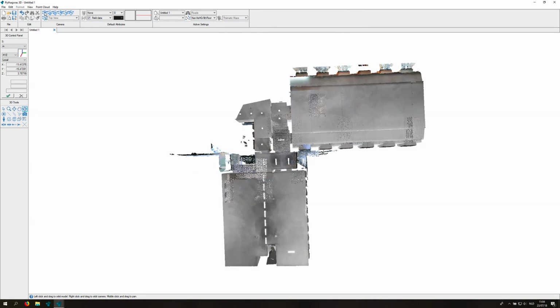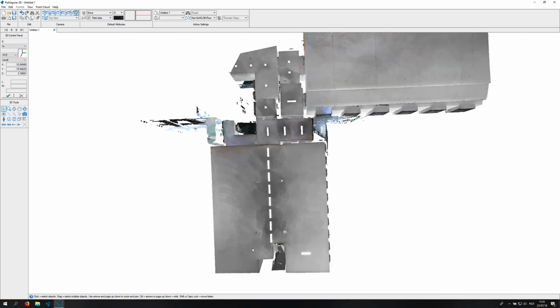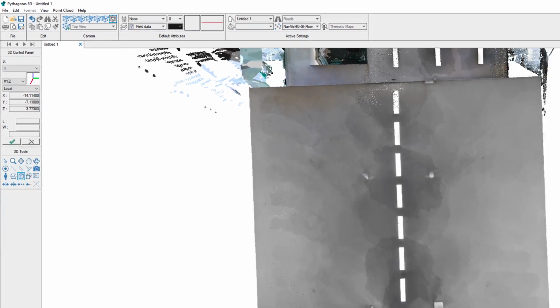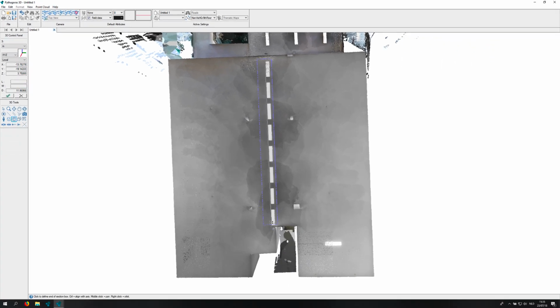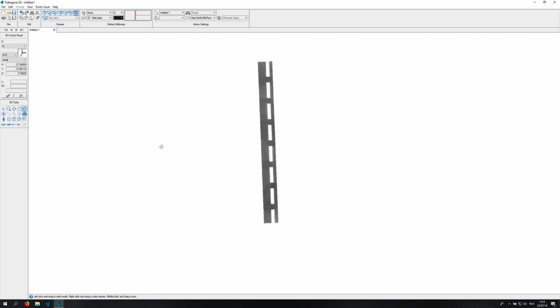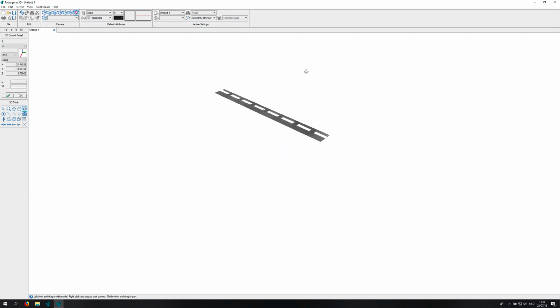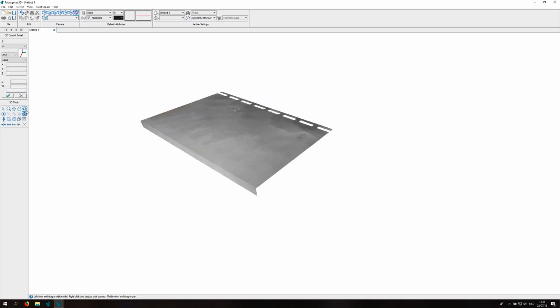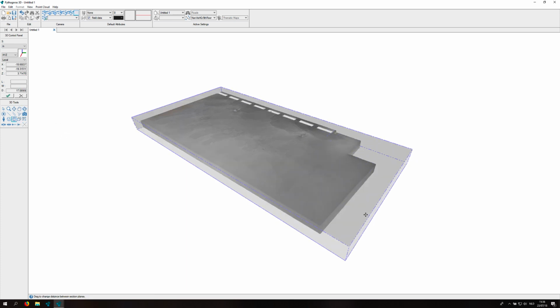First, we will create a floor plan in this point cloud by selecting the section box tool and drawing a section box in a certain direction, following a certain line. With the section box tool, we also have the possibility to change the dimensions of the section box to create an ideal slice in this point cloud that we can later on use to automatically vectorize and to finalize the floor plan.